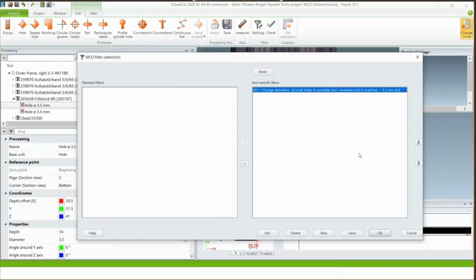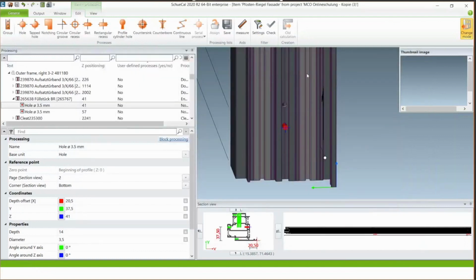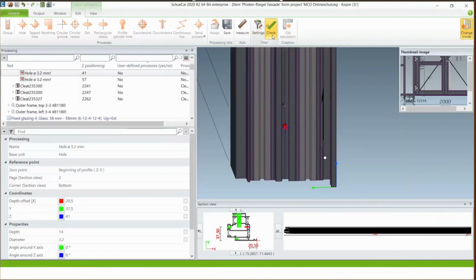For this, I have to click OK. And if you remember before, close to settings, we have check. With this tick, you can check your filter. So when I click on it, it takes a few seconds. It's getting green right now, and I see the visualizing of my filter is active.